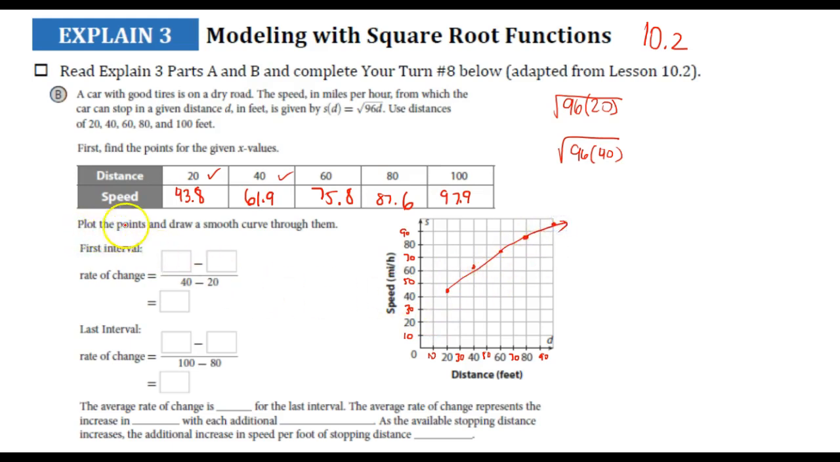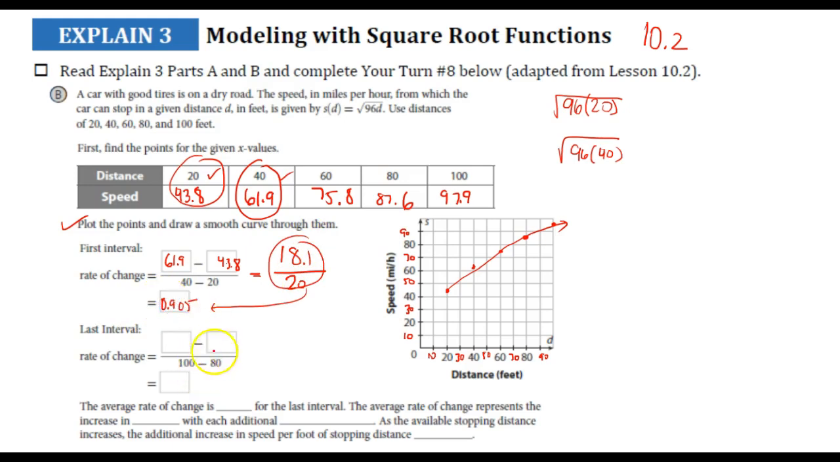So the next thing they ask us to do is find the first interval. So here you notice from 40 to 20, we're using those first two points, 61.9 and 43.8. We're going to go ahead and work that out and figure out what the numerator and denominator are. So take some time to calculate that out. And that would be about 18.1. 40 take away 20 would be 20. And then if I divided this out, that would be about